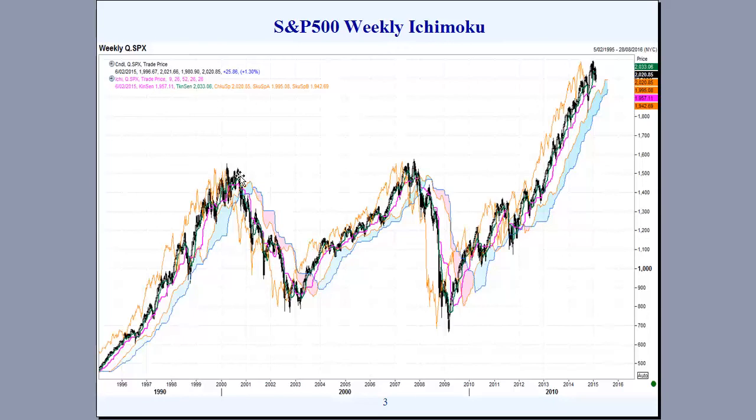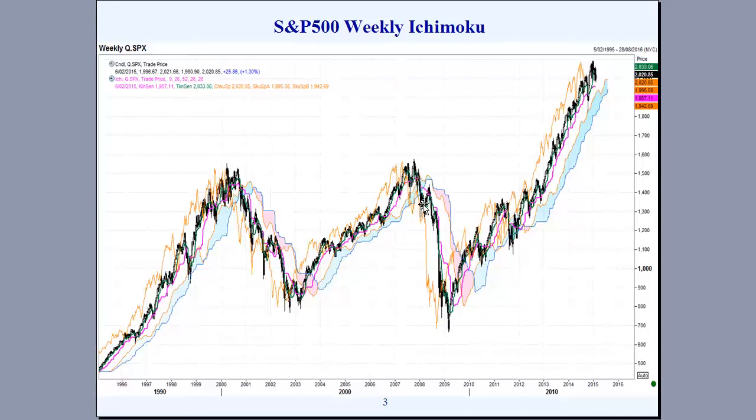Towards the middle of 2000, we saw the eventual breach through the Kijun-sen and the Tenkan-sen, and the breach down through the Ichimoku cloud, and that was certainly the start of a new bear market, with the market then trading down below the cloud. Eventually the recovery breaching both the Kijun Sen and the Tenkan Sen, and then importantly the Ichimoku cloud, and the market trading up on its way. The cloud holding as very strong support up until 2008.